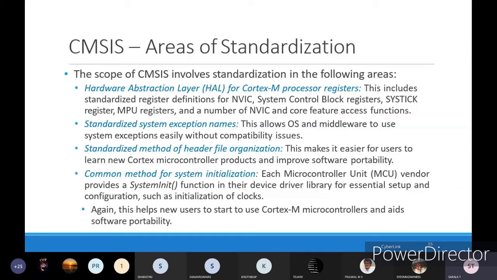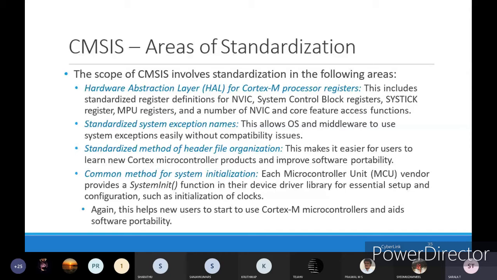Standardized means if you want to connect a new device whose library is not present in your Cortex-M3, then whenever you connect that new device, the software should be installed and the library should be created in your CMSIS. That's why the middleware area is there, no? That will support it with respect to compatibility.